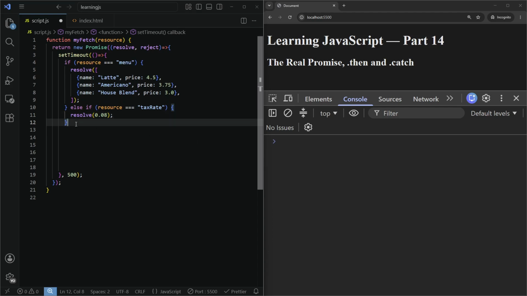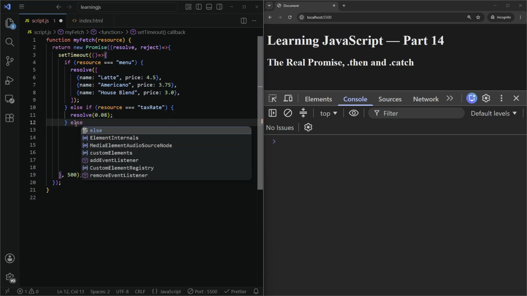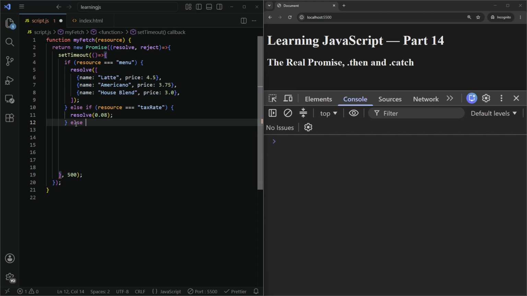And else, my API only has two endpoints, menu and tax rate. So if anything else was input to my fetch function, it will reject